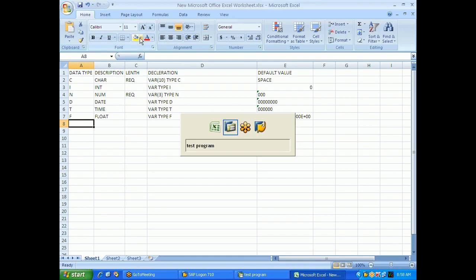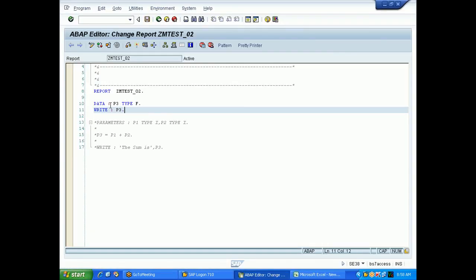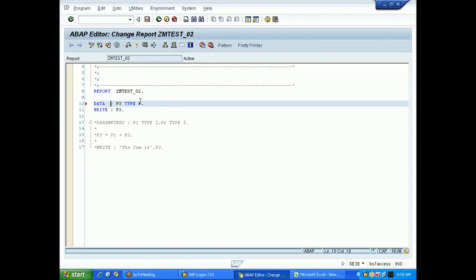Next, let us test the next data type. The next data type is P. P stands for packed decimal. So I will give P3 type P, some variable name type P, decimals 2.